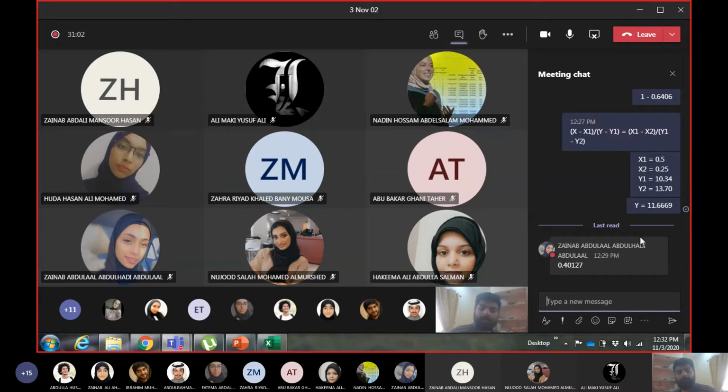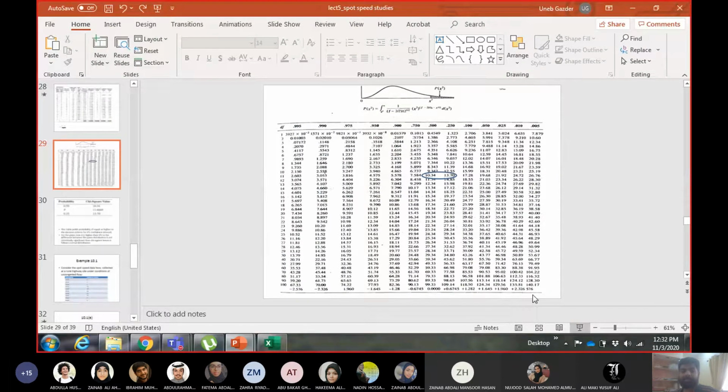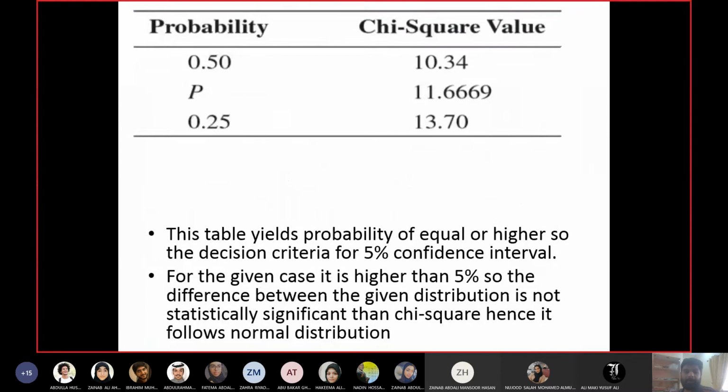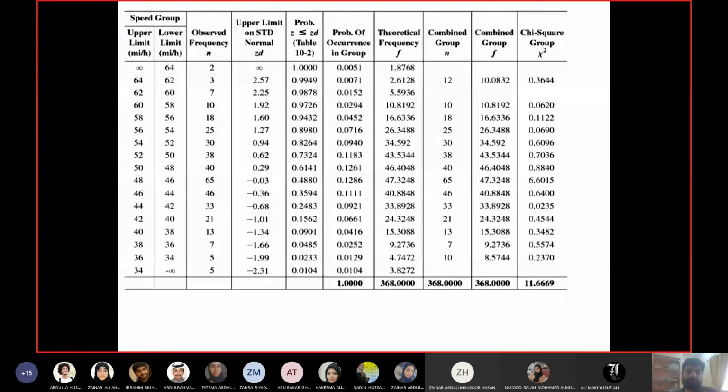Secondly, if you go to the chi-square table, you can see the degrees of freedom start from 1. And degrees of freedom depend upon what? The number of speed groups. I told you at the start, you are the one making the number of speed groups. You are deciding how much the interval should be for each speed group. So in this example, the interval was 2. If I select an interval of 1, then I can have more speed groups. So I can play with the number of speed groups. This is in my hand.